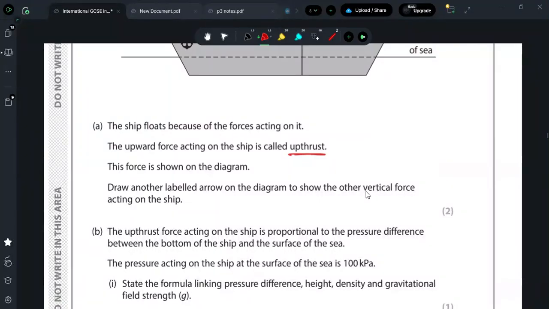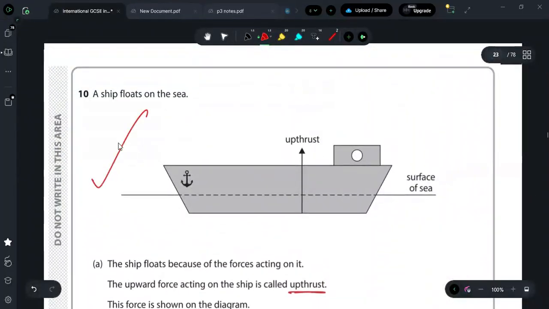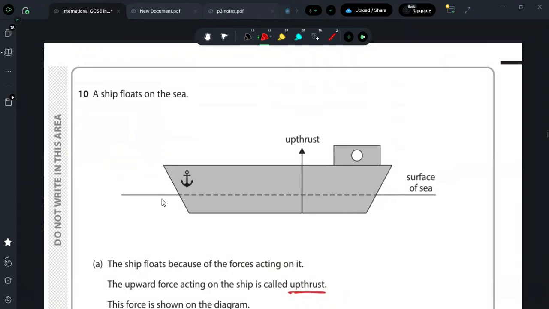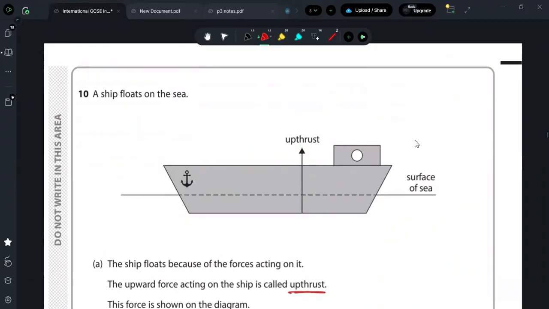So they asked for another vertical force. The keyword here is vertical. Now we are given an image of a ship that is submerged, not totally, but partially, in the sea water. Now the ship is submerged, and so an upthrust force is created on it. Anything that is submerged in a liquid, the liquid exerts a force on that object, and that force we call